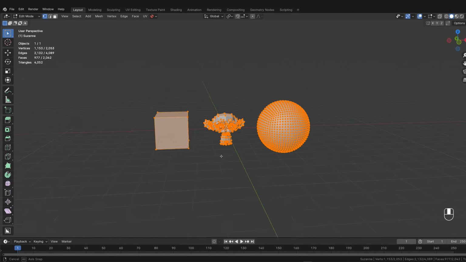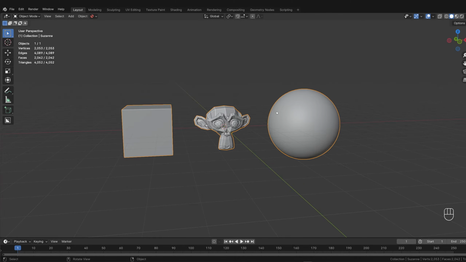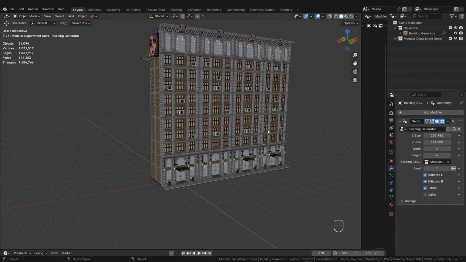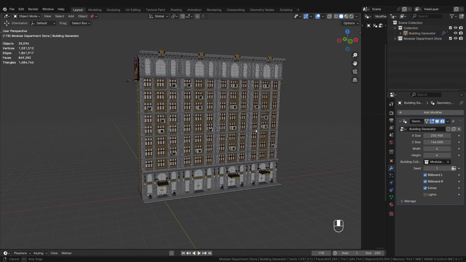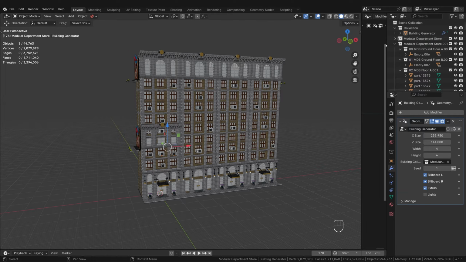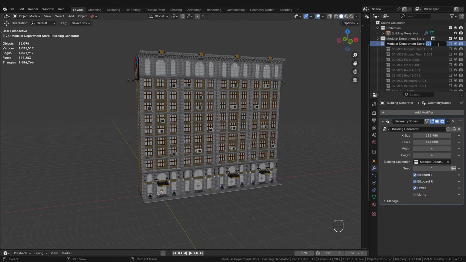However, this process is pretty much irreversible, which is why I waited until this point in the tutorial. So if you want to take this step now to massively increase the performance of your building generator, then you have to be sure that you no longer want to access the individual bricks in the future. But I know how it is. When is one ever absolutely sure about anything? That's why we can at least duplicate the entire collection beforehand and call it backup. So we still have the original objects if something comes up that we want to change in the future.